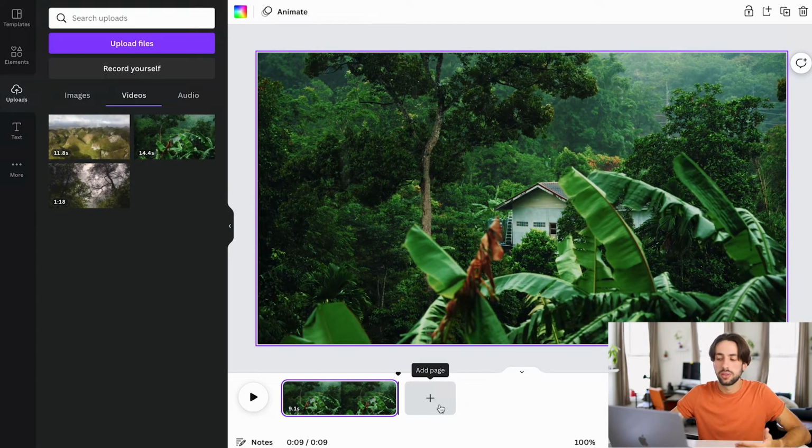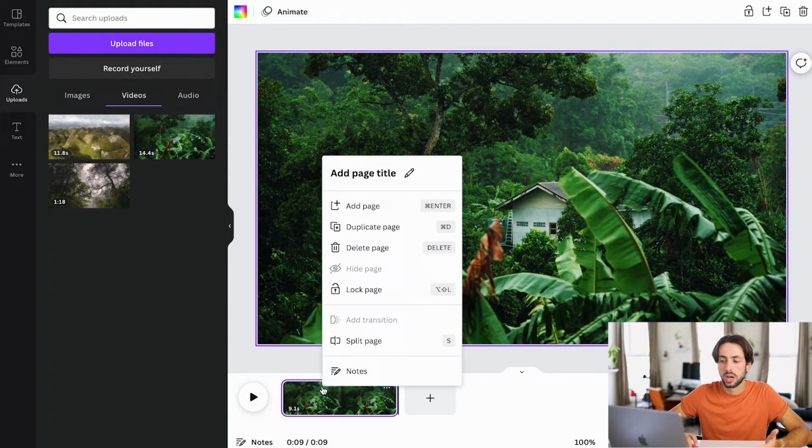But let's say that there is something in the middle of this current clip that you don't want. So what you're going to want to do, and it's a little hard to see on the screen because the footage is green, but you essentially scrub through, is what it's technically called. You scrub through to the point where you want to split it, and you just double click, and it is going to bring up the ability to split page. If you want to use shortcuts, Canva is telling us that all you have to do is press S on your keyboard while your cursor is aligned where you want it to be, and it will split the page.